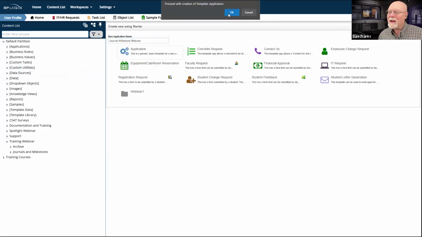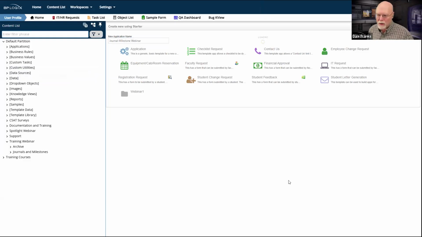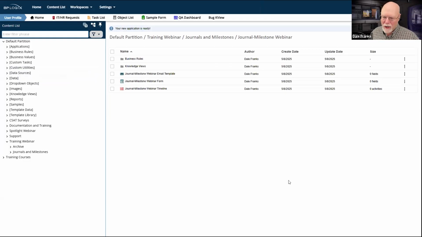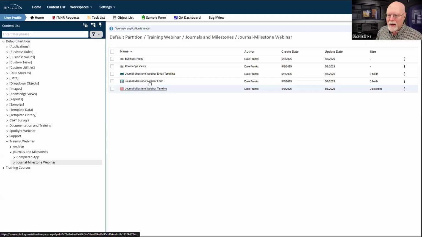Now I can go ahead and create our application really quickly, and this will just create a basic form and a process timeline and an email template, though we're not going to use that. And we'll just create my application directly out of the application template that I have built.